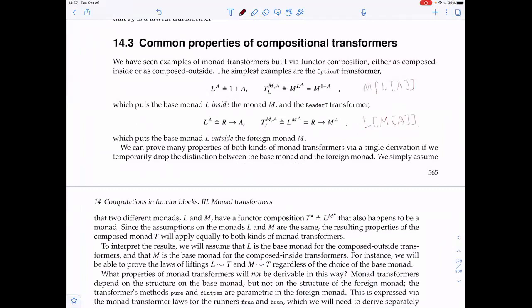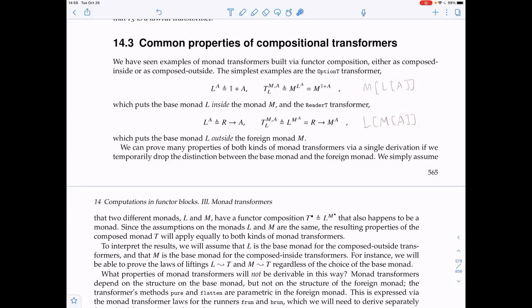This is a continuation of a tutorial on monotransformers. Here I will talk about monotransformers built with functor composition. So these are transformers where the base monad L and the foreign monad M are combined either as composing inside,